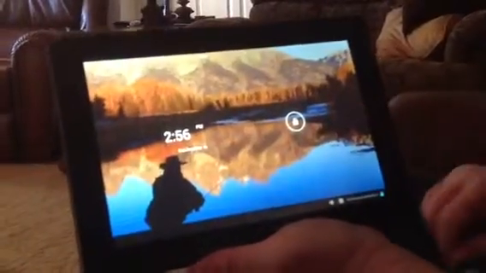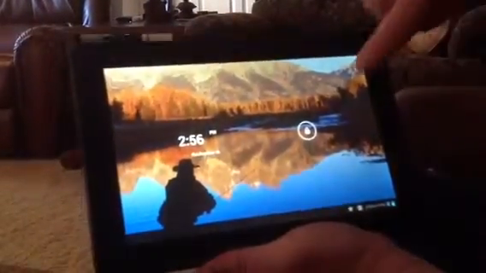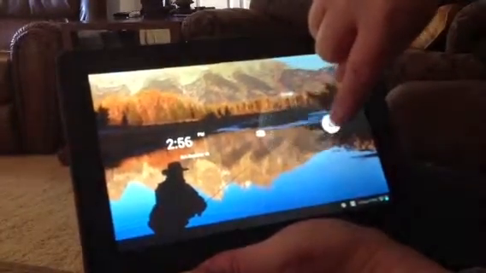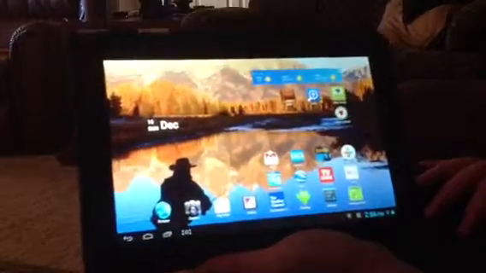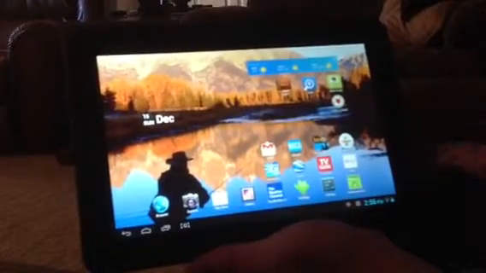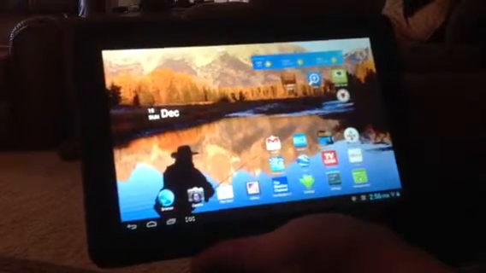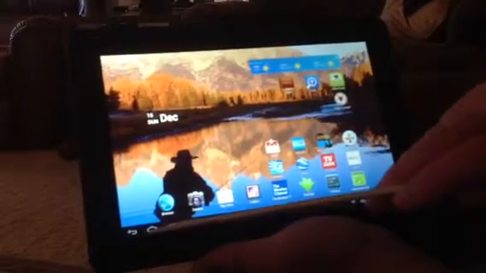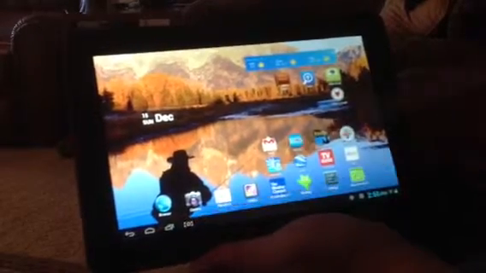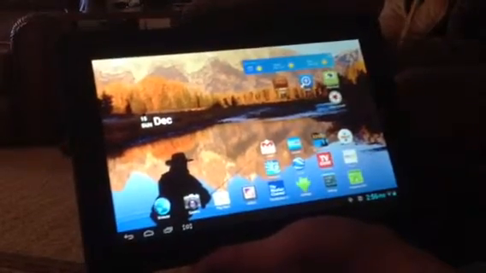Screen comes on. Your little lock, if you press it and hold it, move it over to the unlock, brings up all your icons in your screen. Some of the icons on the bottom that you're going to want to know about is your back button, home, which will bring you to a home screen,